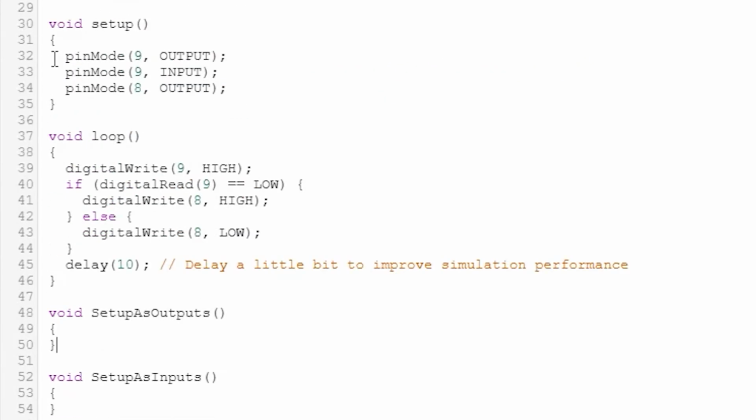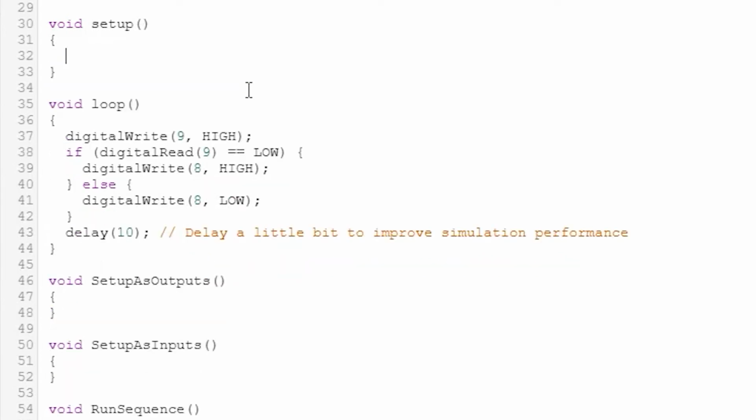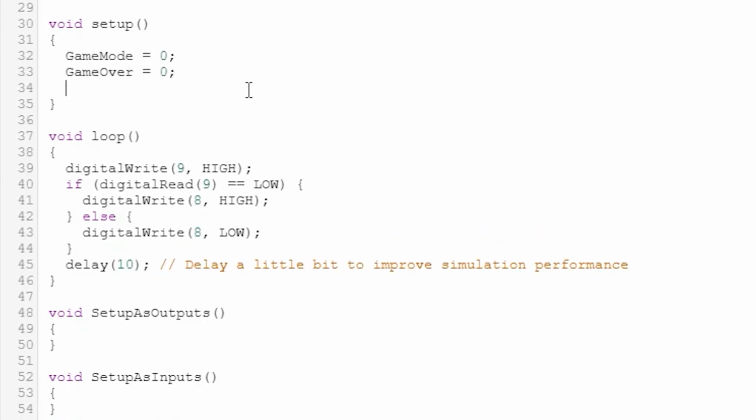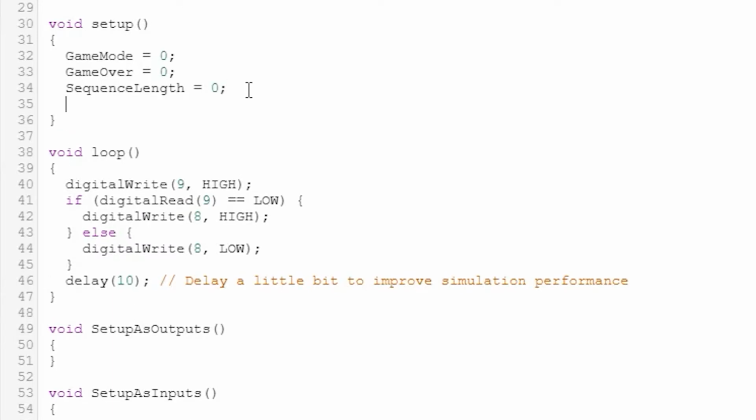In our setup, we do need to do a few things in here, but let's get rid of what's there. We want to set game mode equal to 0, game over equal to 0, sequence length equal to 0. The next thing we need to do is we're going to be utilizing a random function, and for random to work correctly, it's a little bit weird, but we have to read a pin that we're not really using, and we need to read it as analog. So the way this looks is going to be